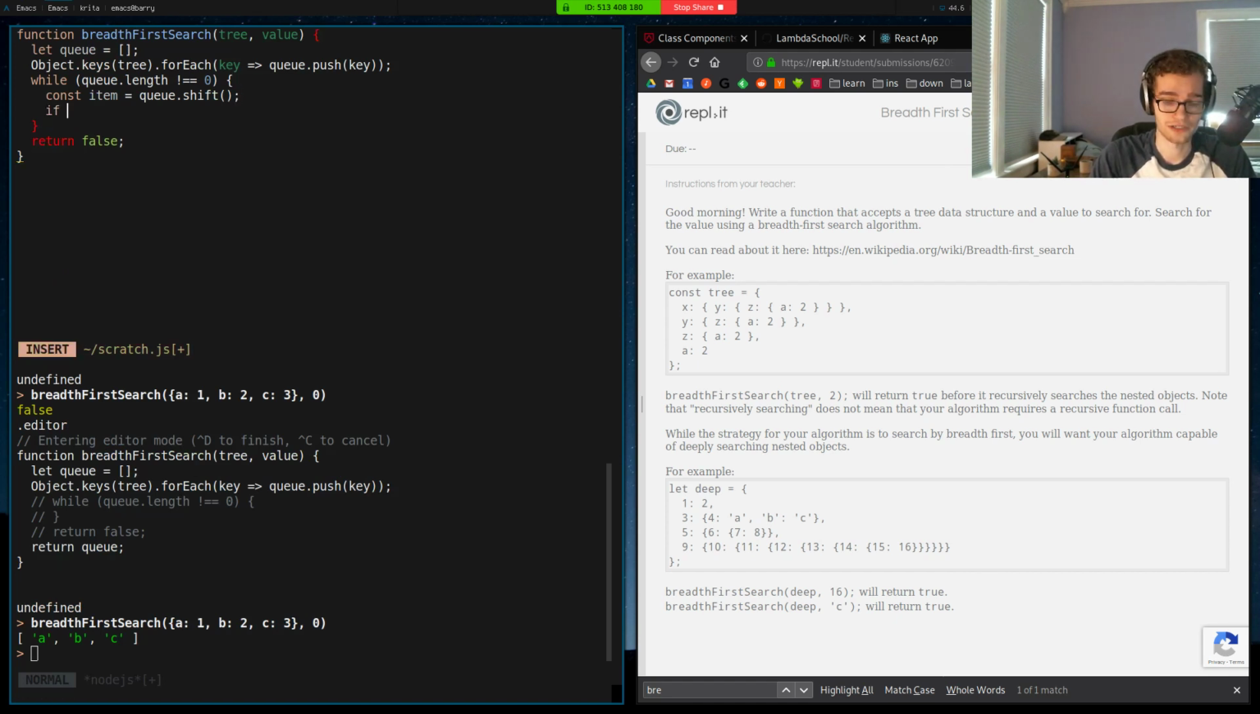Then I want to check the type of that item. This solution isn't going to be robust, in the sense that we can't check whether the value is another object. I'm just going to work off of the assumption that if this is an object, it's a tree that has more children, and a value is going to be some primitive like a number or a string. So we're going to get the type of our item, and if that is equal to an object,